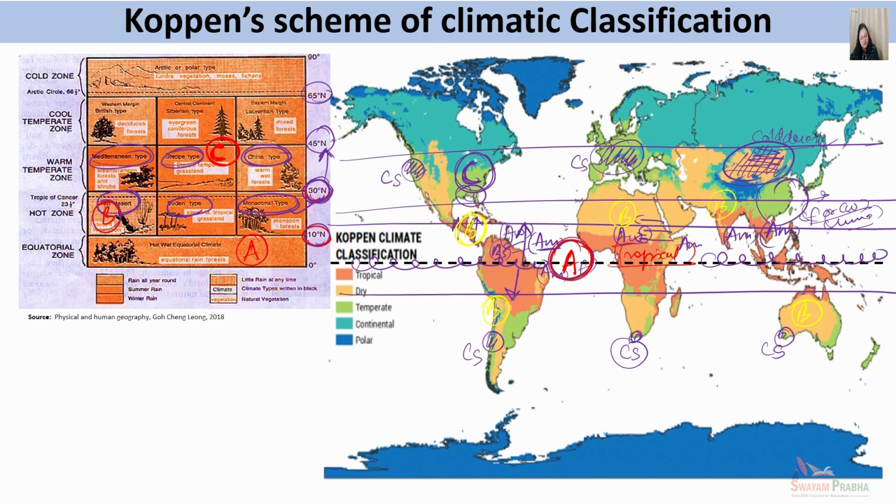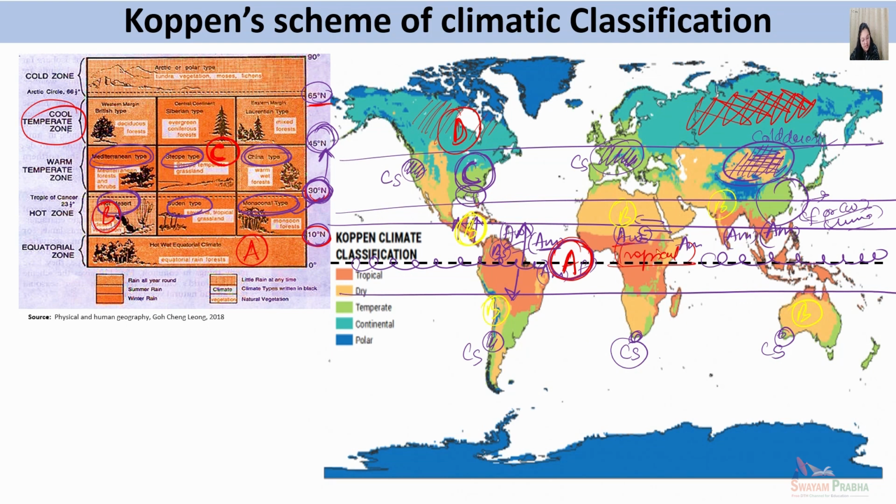From 45 to 65-degree latitudes, particularly in the northern hemisphere, you will have the D type of climate. Variants of D will be found along this particular region. This D type of climate is generally found along the continental interiors because these regions become extremely cold during the winter time period. And D type of climate is seldom found in the southern hemisphere because of non-existence of land in the southern hemisphere beyond 60-degree latitudes.